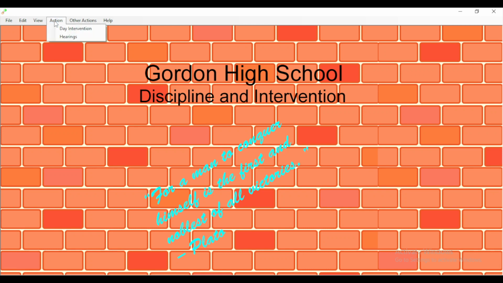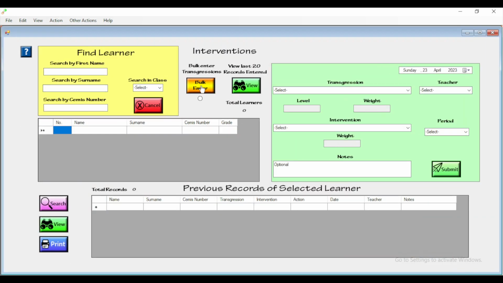So we start by going into actions, clicking on it, and then we have our day interventions. This is where we are going to record all the transgressions of your learners on a daily basis. Now, I don't know how your school operates currently, or what is the best practice for you at your school to obtain this information from the teachers. What we have at our school is a discipline WhatsApp group, and the teachers record in the classroom, then they just record the transgression of the learner, post it on there, and from there it is entered